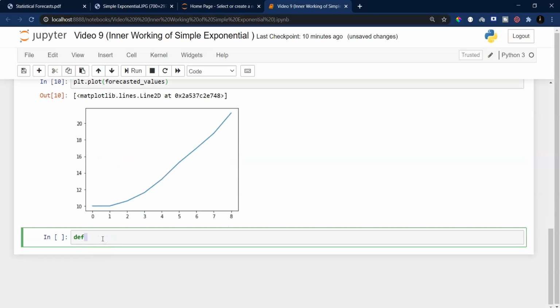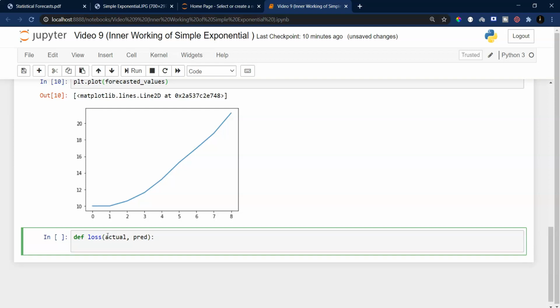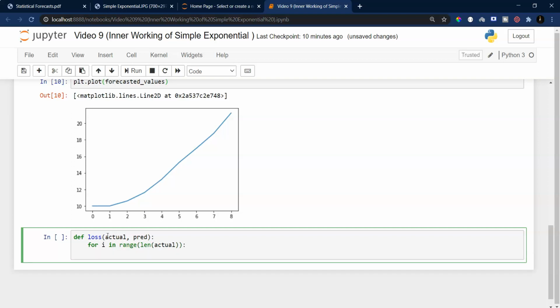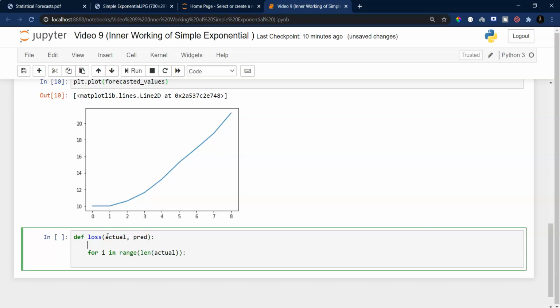So what I can do is also import sktime's SMAPE loss, but instead I'm going to make a function quickly, with actual and predicted. I will say for i in range of len of actual, and let's say required loss is equal to 0, and required loss plus equals the sum of squared loss.